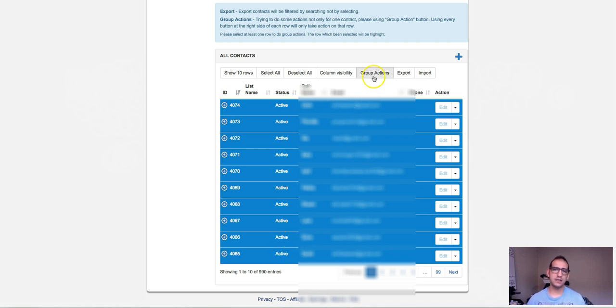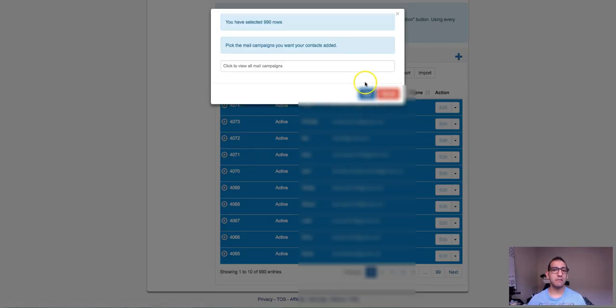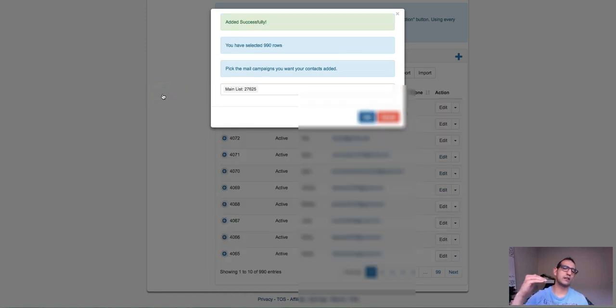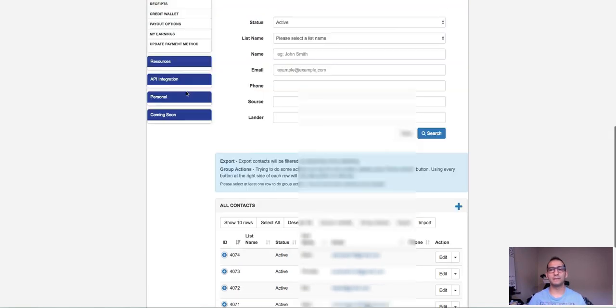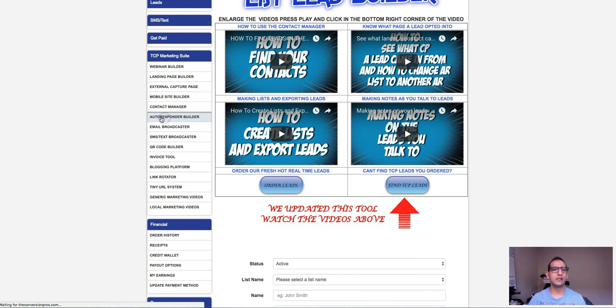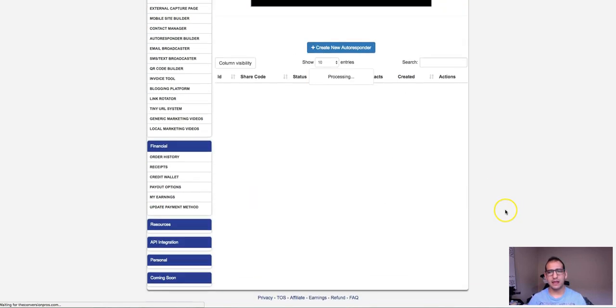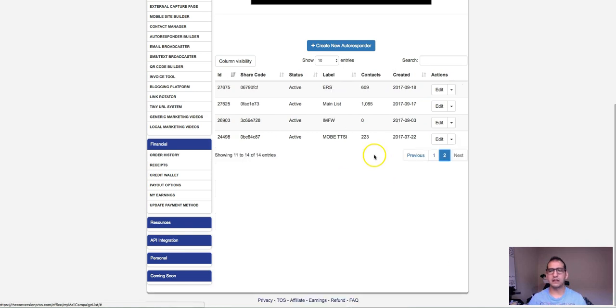Next step is to hit the group actions button, and then click on add to mail campaign. And what we're going to do is type in main list. Once we've done that, we're going to click add, and it's going to go through each one of those 990 active contacts and add them to that main list that you created inside your autoresponder. Then you're going to go back to your autoresponder, and if I go to my main list, I didn't see the number before, but it would have increased, because you get multiple subscribers. Then what you're going to do is hit the edit button,